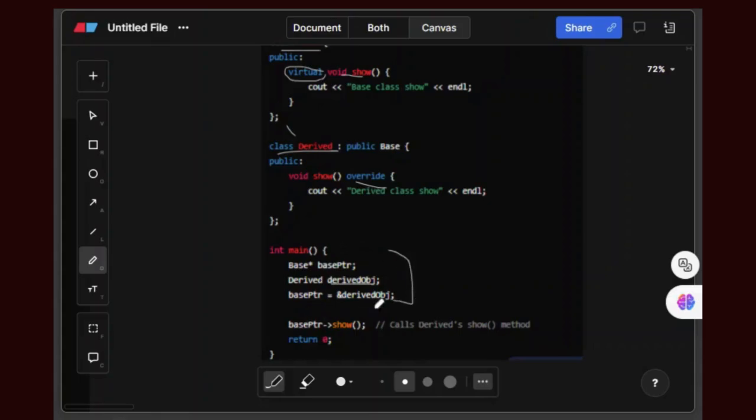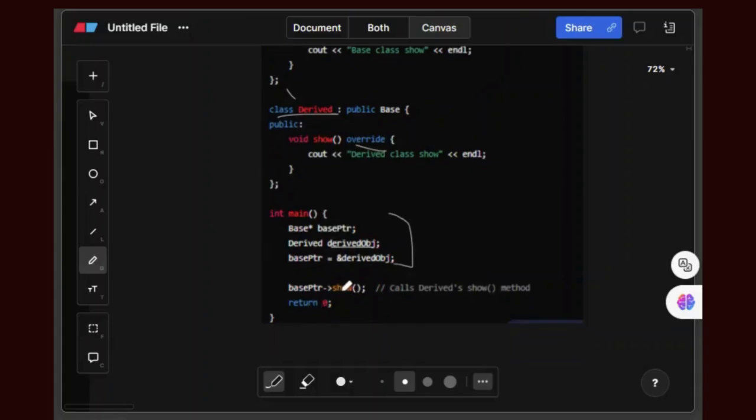These are the three lines. Now basePtr calling show means the pointer of the base class is calling show. So during this line, it will call the derived show method.